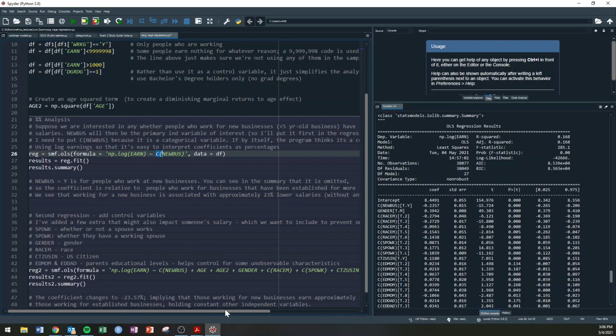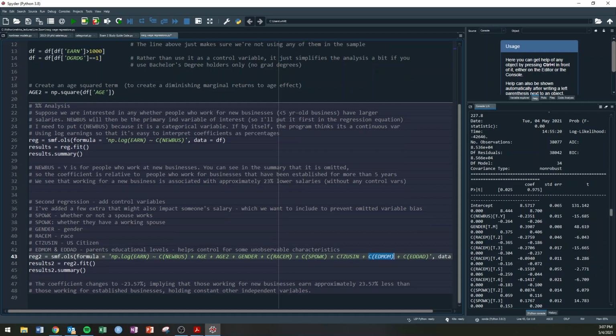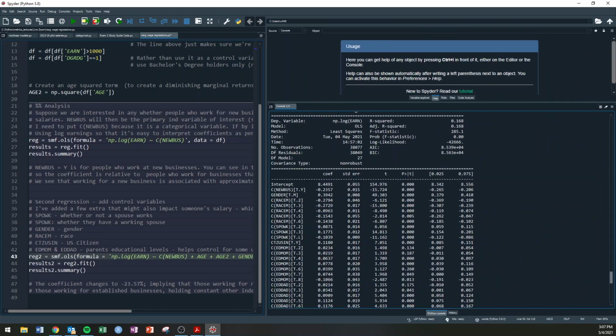You see we have some of that same in our more robust wage equation. We have some of that same stuff for categorical variables for race, whether or not a spouse works. So essentially dummy variables here. U.S. citizen, we could put a G or a C here, but because those only have 2 categories, we don't need to worry about it. Parents' education for the mom and dad. So in any case, we run this regression, and we'll see here that this is going to be the output,